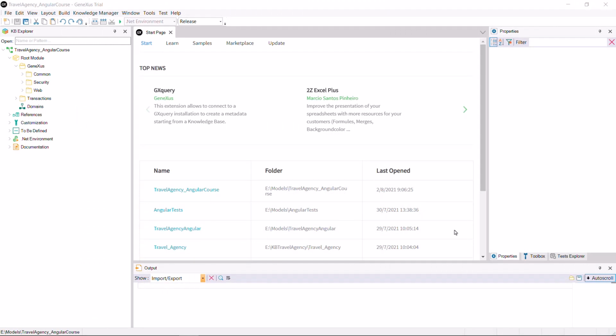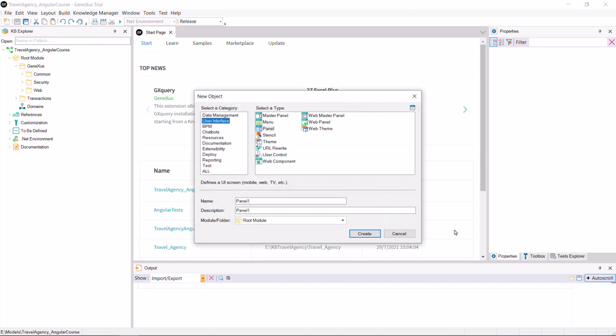Let's return to Genexus and start implementing the first screen of the application. The travel agency has asked us to build a panel that shows a horizontal list of the available attractions. When we select one, the details of the attraction should be displayed. For that, we create a panel object